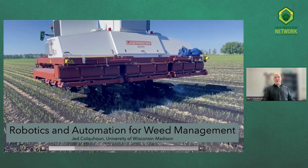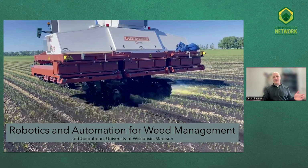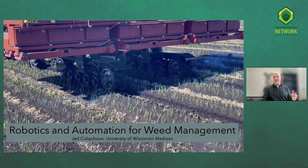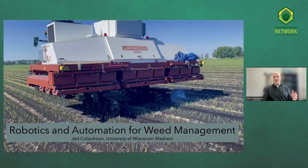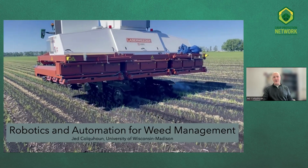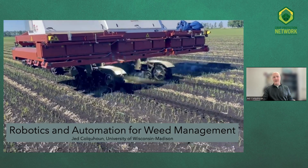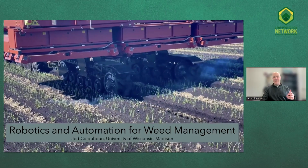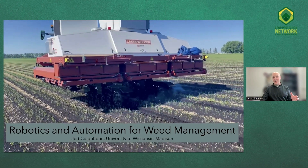As recently as a few years ago, the idea that we could use robots to intelligently see weeds and separate them from crops in real time as a machine rolled across the field and then shoot them with lasers all within a second's time seemed like a better script for a science fiction movie than a practical use on a farm. Fast forward to today, and with the rapid evolution in this area, we're seeing practical uses in farming operations,